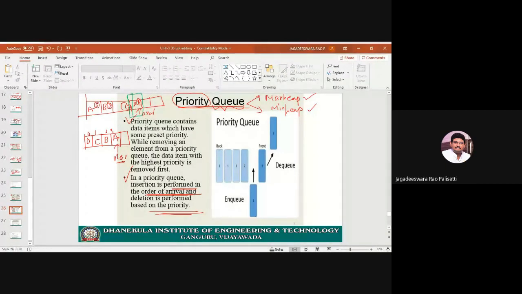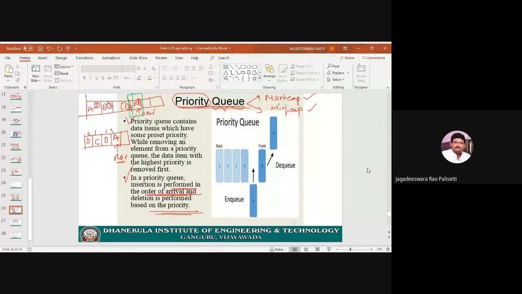I have already given the unit 3 lecture notes also. In that you can refer to the points. After this class you can see what the lecture notes say about the priority queue. Operations in the priority queue are not mandatory for the data structures subject for this semester. Okay. Next we will go for